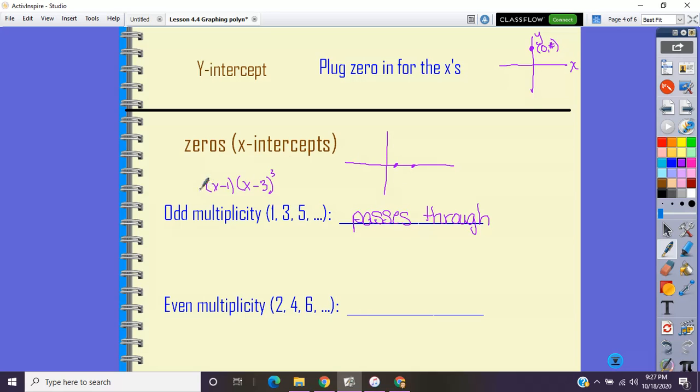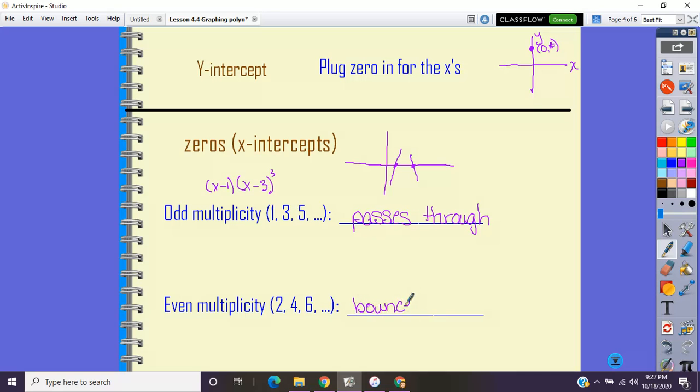Depending on what else is happening, like here I know this is going to be down, up because our leading coefficient is positive. We're going to pass right through those x-intercepts. And then we use our other points to actually determine what's happening around those. If we have an even multiplicity, meaning our zero happens 2, 4, 6, or so on times, we say this